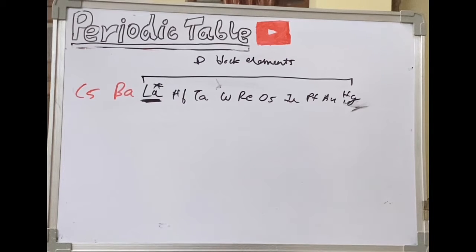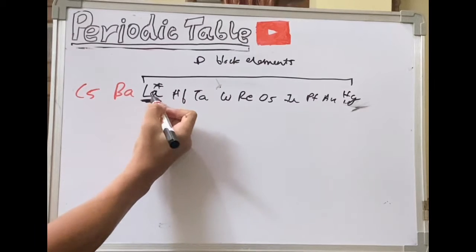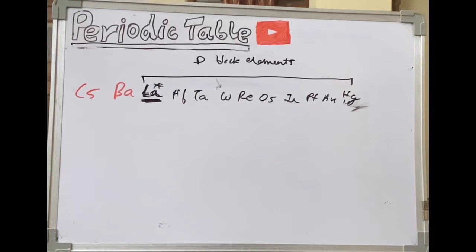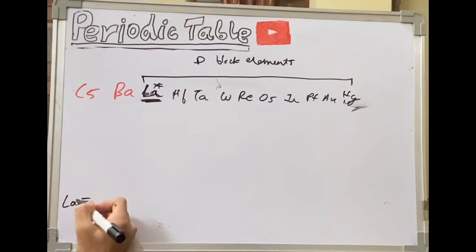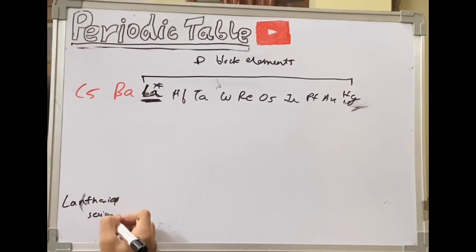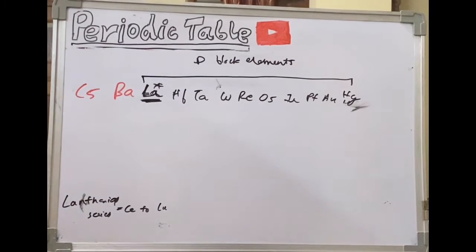So for now, we must know that all these elements, so in La there is cerium first. So lanthanide series, it's from cerium to lutetium. So you can say cerium is the first element in which electrons are entered in the f subshell till now, because their energy is quite high, so they got the chance really late.